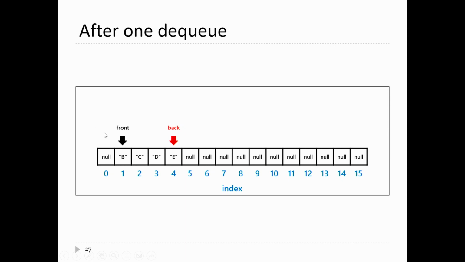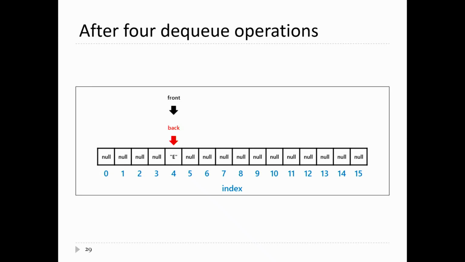So if we dequeue again, we're going to remember what the B is. We'll shift front one position to the right. We'll null out the B, and then we'll return the B. So there it goes. Dequeue again, so move front, remember what the C is. Move front one position to the right, null out the C, and return the C. Like that. And if you dequeue a fourth time, we now have the front and back both pointing at the